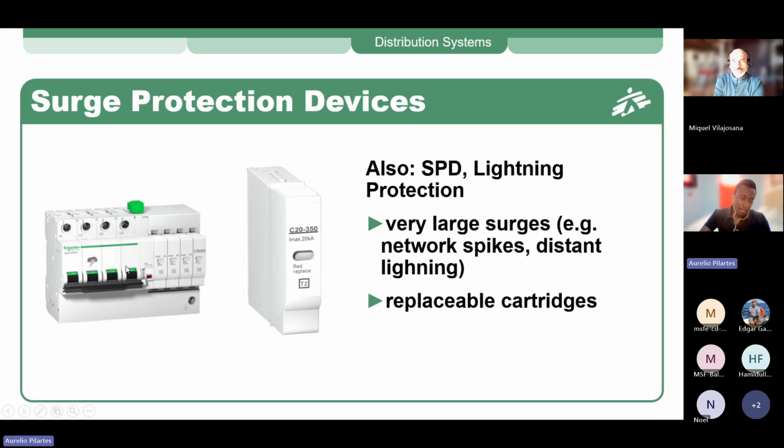And this is also in direct relation with your grounding system. Your installation should always have a proper grounding system, because this device will not work if your grounding system is faulty. What it does is take all the surge or spike that might infiltrate your installation and divert it to the ground. So it will use the grounding system to conduct your overcurrents or surges to the ground. And these cartridges are replaceable, just like fuses.